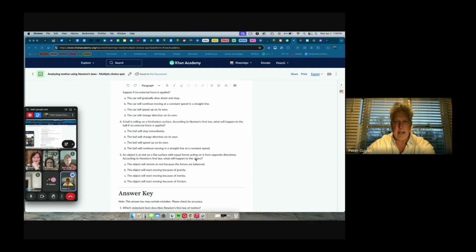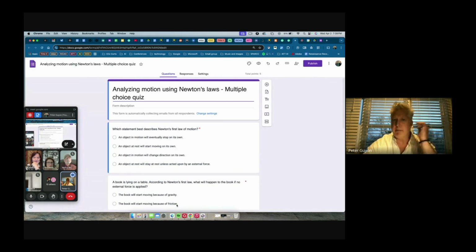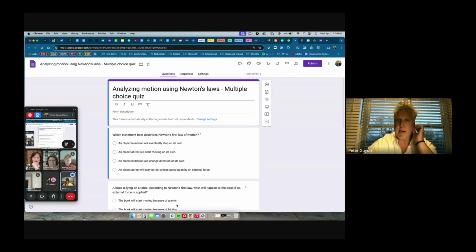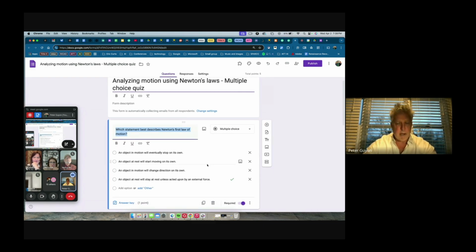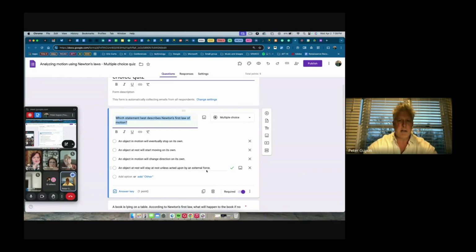It takes a second just to connect everything. I'm going to click View down here. And there's my Google Form that was just made, already created as a quiz. So you don't even have to change the settings in the Google Form to make it a quiz. It was out of 5 points. You can go in and obviously change how many points you want it to be worth, but you'll notice it also identified the correct answer for you as well. So you really don't have to do anything at that point, except make sure it's the right question and answer that you're looking for, or change the point value if you have to.